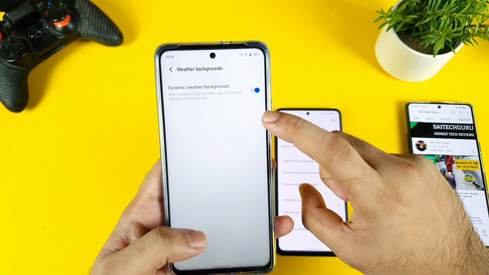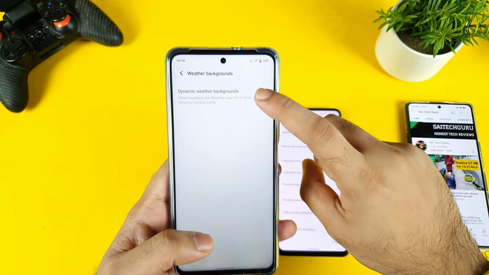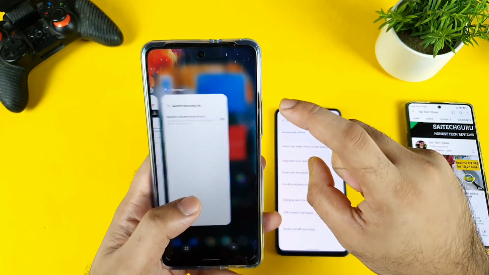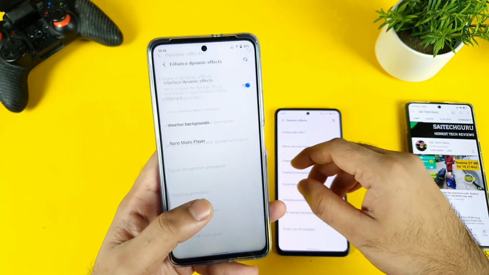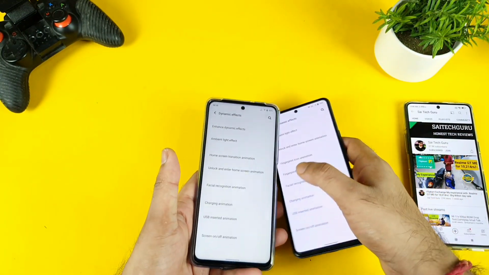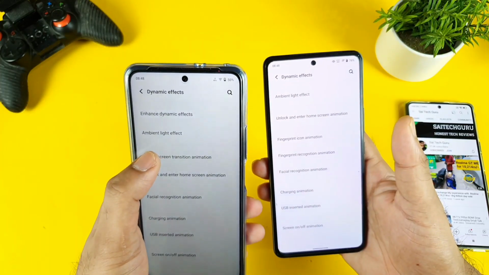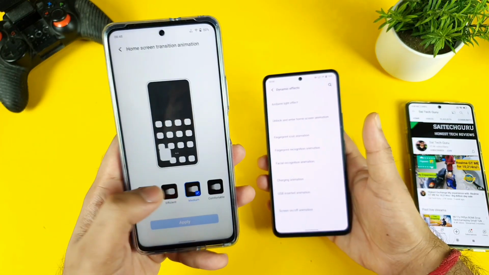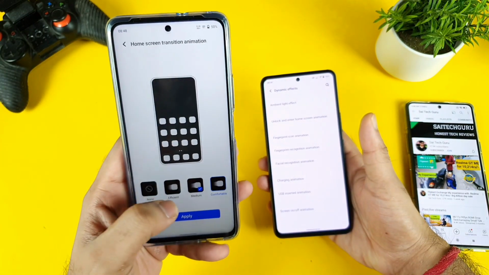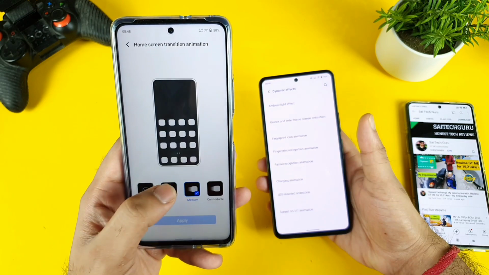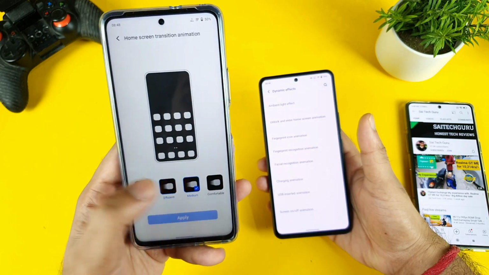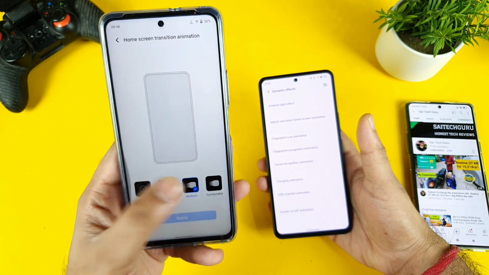And let me tap on the weather. You can actually disable the weather backgrounds if you don't want any kind of backgrounds. You can actually do that. But I wish to have the backgrounds as well. That's the one thing. And the next change is about the home screen transition effects. This is another very good thing which I also did miss. So now you can actually have different transitions in the home screen. As you can see, friends, that's also fantastic in the home screen.